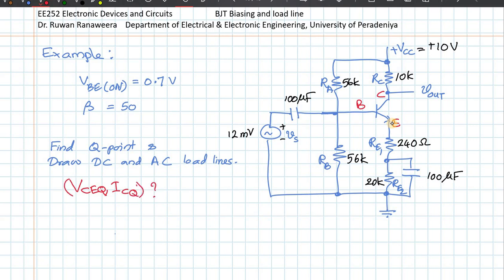And also we need to draw the load line. So what is the load line? It's basically a relationship between IC and VCE. It's a function of the form IC equals m times VCE plus c, so this is like y equals mx plus c. So what we have to find out is the slope and the intercept, right? We need to get an expression similar to this. This is our aim at this point. What the AC load line is, we'll look at after that. All right,